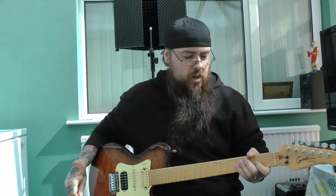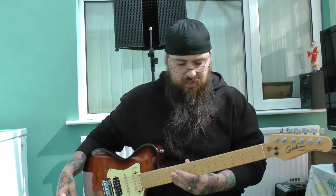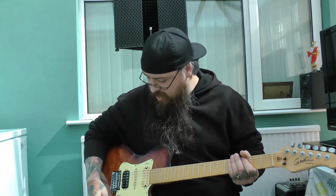Real comfortable. Quite a small neck compared to what I'm used to playing, which is bass and a lot of 7 strings and even an 8 string that I own. So for me to get onto a 6 string neck, I do like a little bit of meat to it, and this is not the most meaty, but it's still testament to how good this guitar is that it is comfortable still. So here we have it through the clean channel of my Marshall,